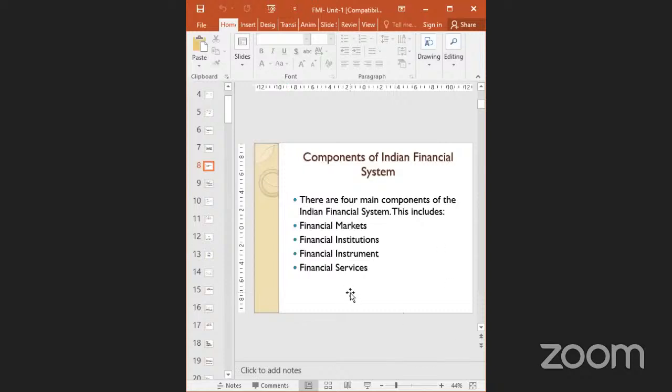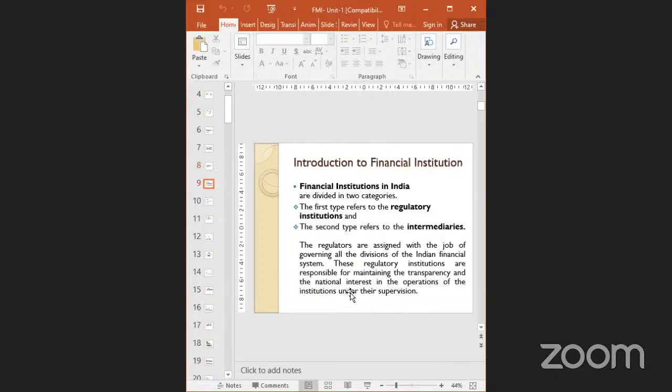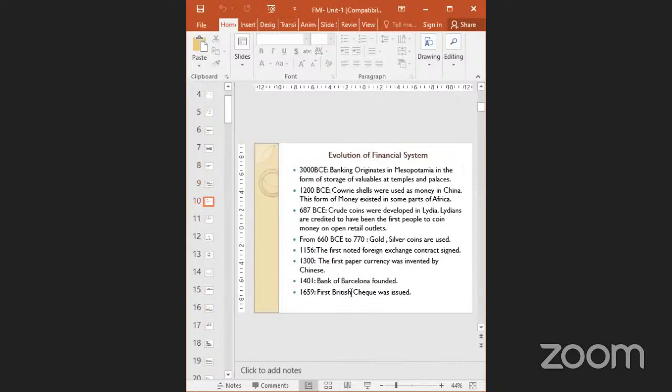But moving towards the various components of the financial system, we came to the first financial system component, that was called the component of